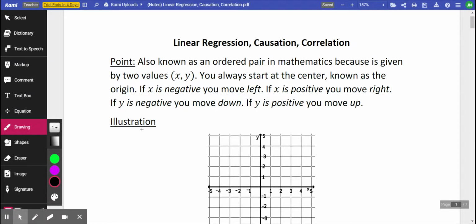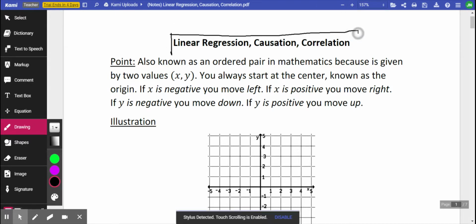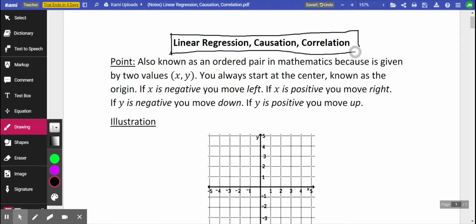Hey everyone, in this lesson we're going to be talking about linear regression, causation, and correlation. So that is the title for today: linear regression, causation, correlation. I will explain to you guys what all of this stuff means in a minute. But first of all, I want to go over and review what is a point and how do we graph